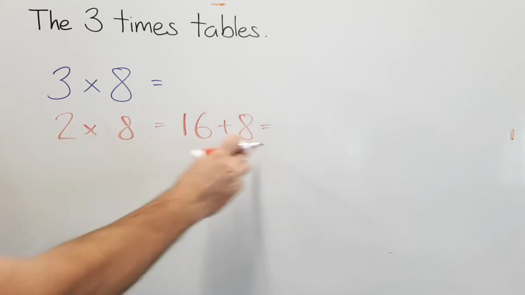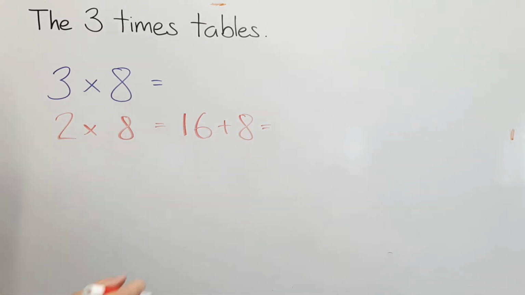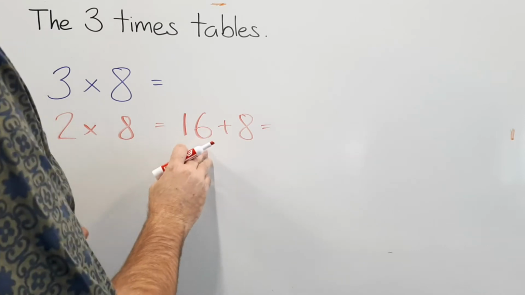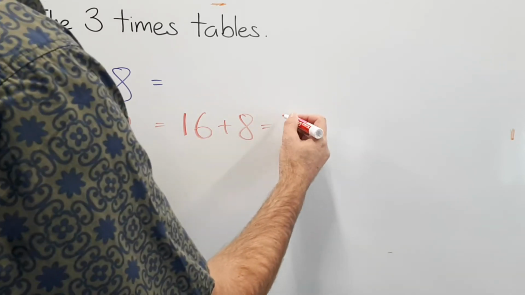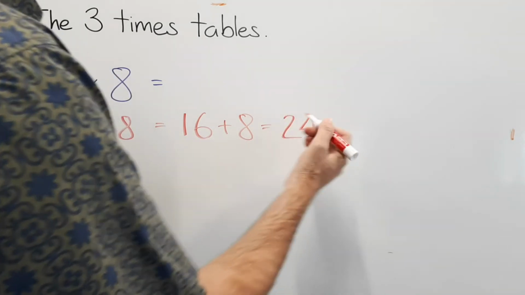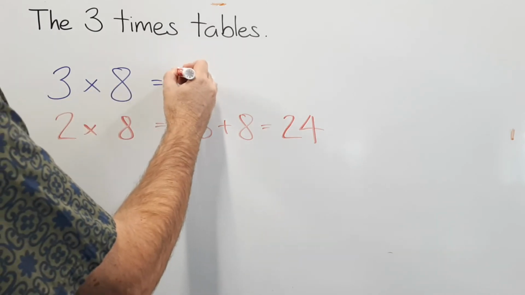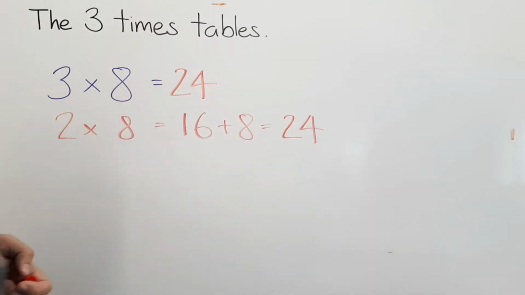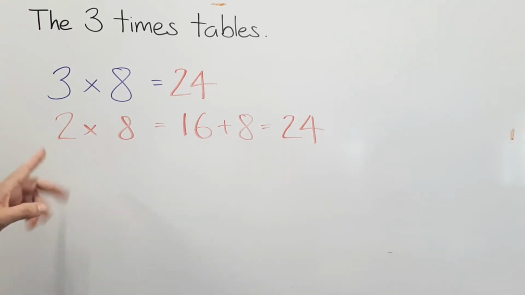There's 2 there and 1 there. We can go 16 plus 8. Oh, well, that's easy. That's 24. So your answer to 3 times 8 is 24. That is a really handy little trick that you can use, even if it's a tricky one that you don't really know. The cool thing is it works for numbers that you might not be familiar with from your times